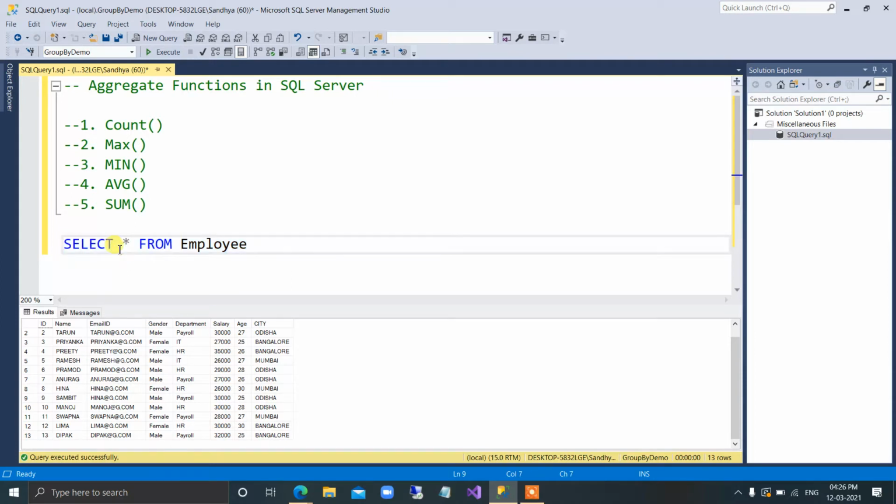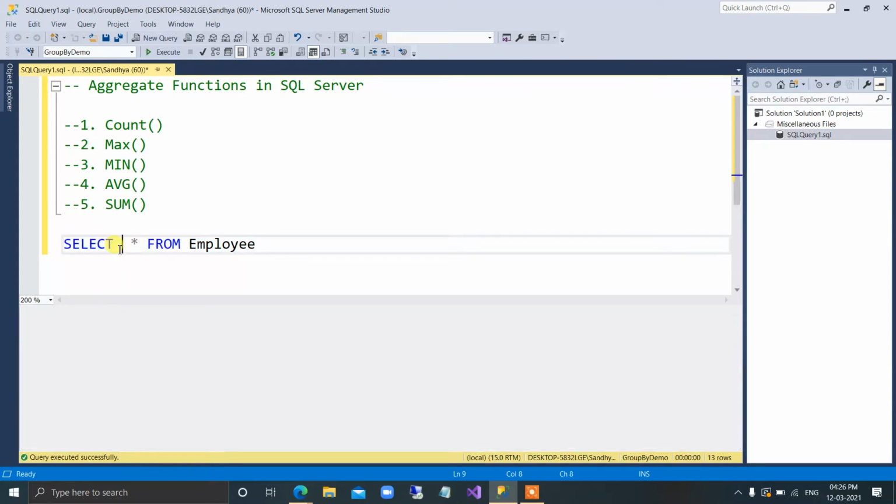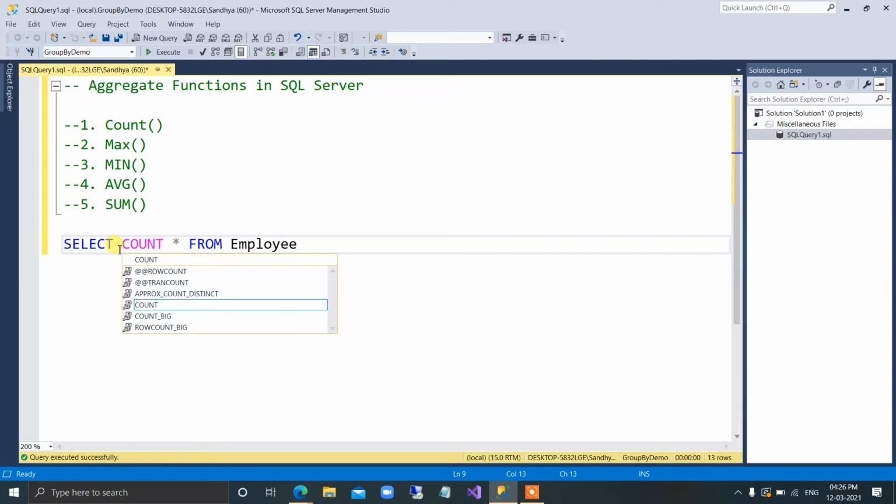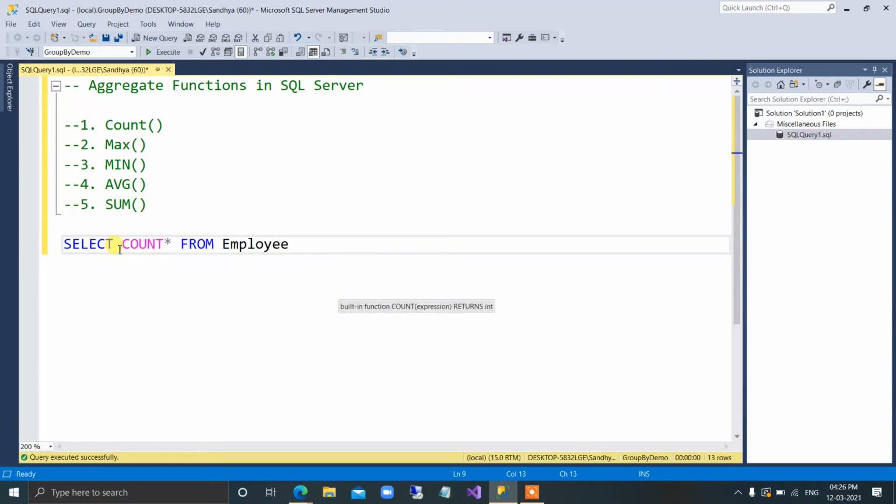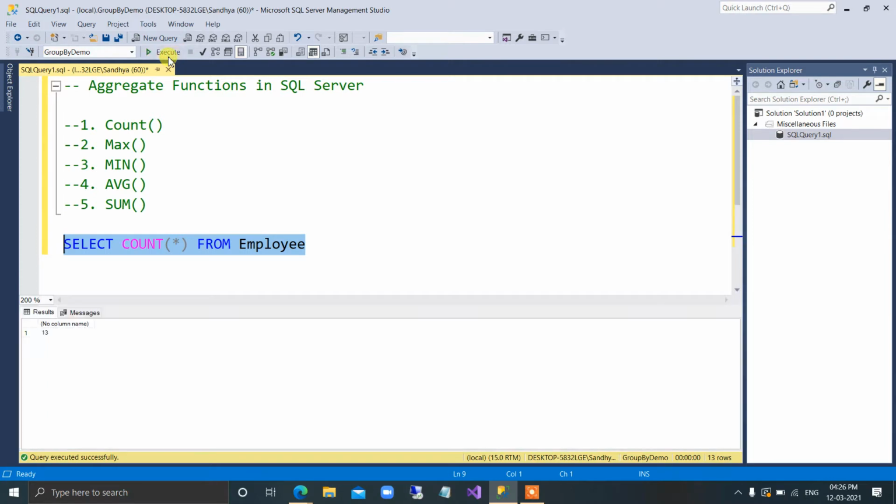So how to use the count aggregate function? You will say count of all records. If you execute this, you will get 13. 13 is the total number of records or rows present in this table employee.